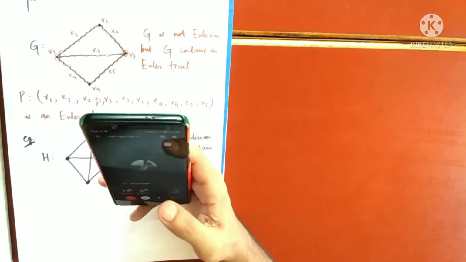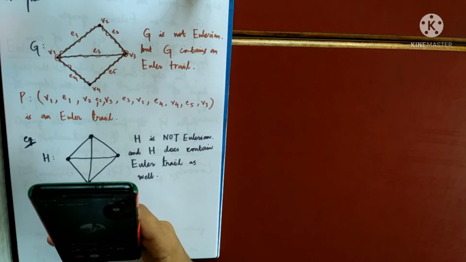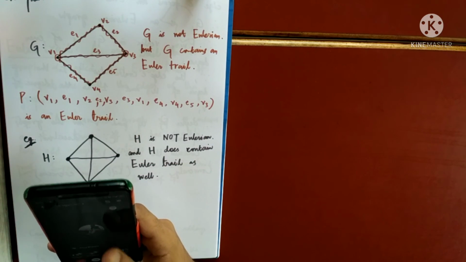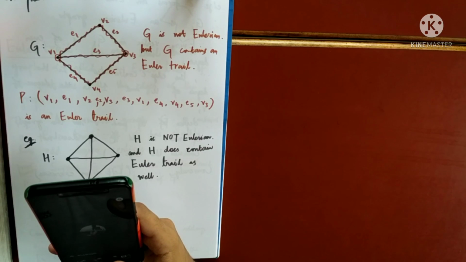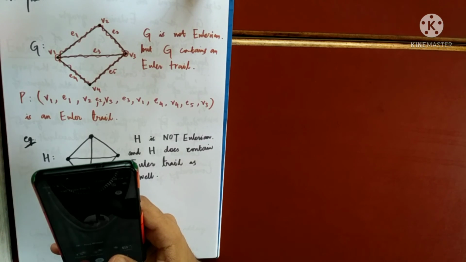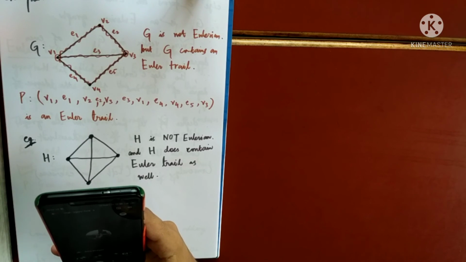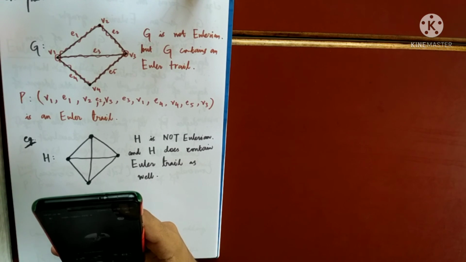So basically, if you know the concept of graph theory, you can easily play that game, and that will be very good practice for you to determine some Euler circuits and Euler trails. You can try some 25-26 graphs. But remember one thing, whenever there is an Euler trail, you have to start from a vertex of odd degree. If you start from a vertex that has even degree, you may not be able to find the Euler trail, I feel.